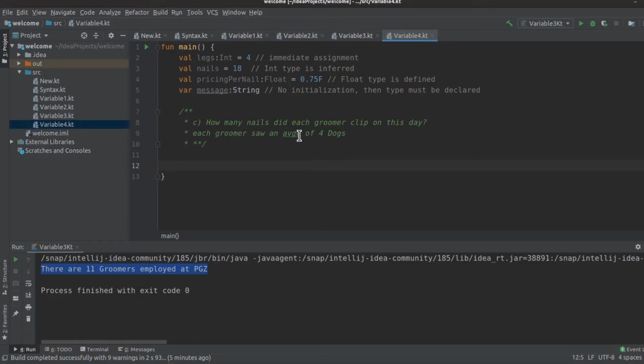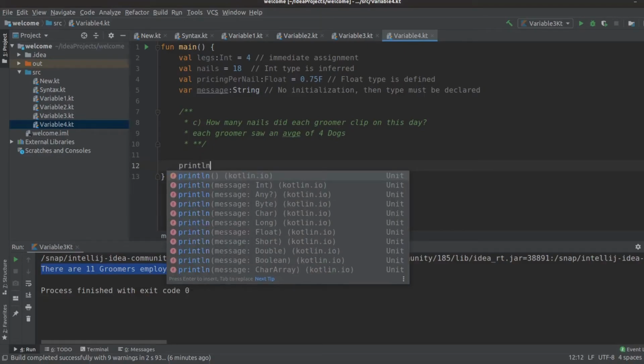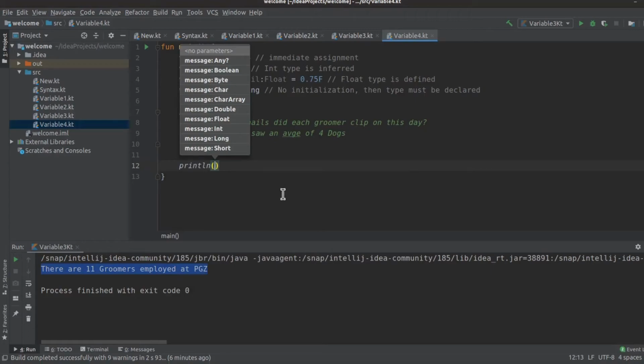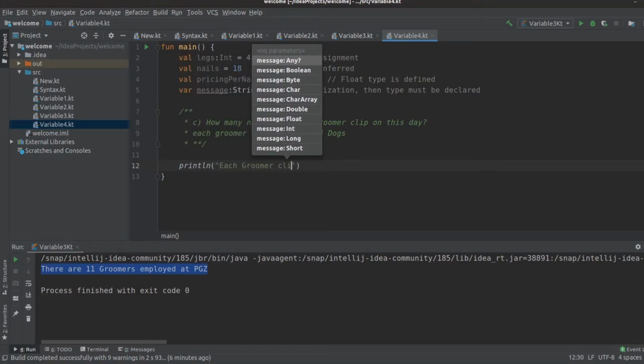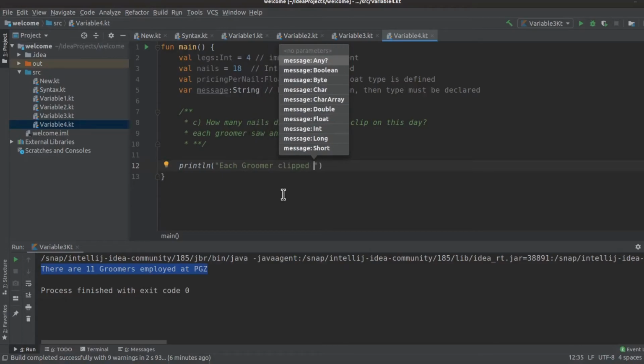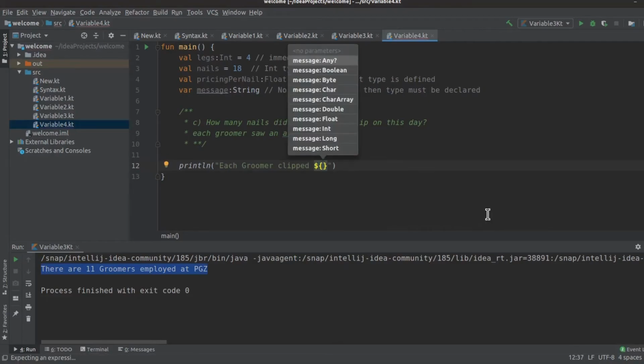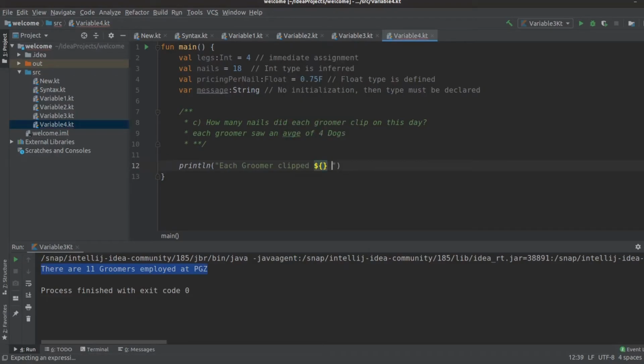Each groomer clipped X number of nails on this day, okay? And we're going to use templates as usual. So print each groomer, and then we're going to have our calculation here, and you can put the calculation within the string brackets. So we'll have our calculation here. So let's just continue on writing the next part of this, but we'll come back and put our calculation inside there. So each groomer clipped